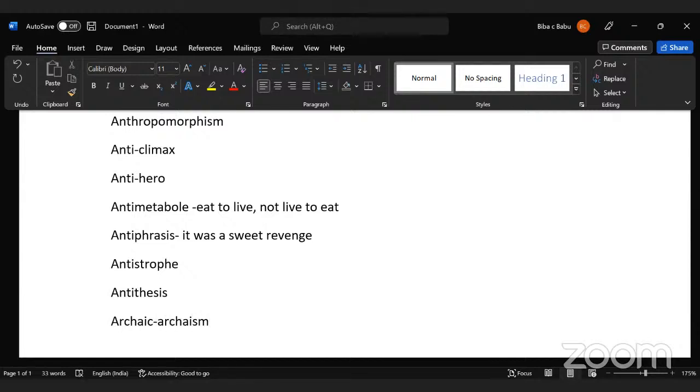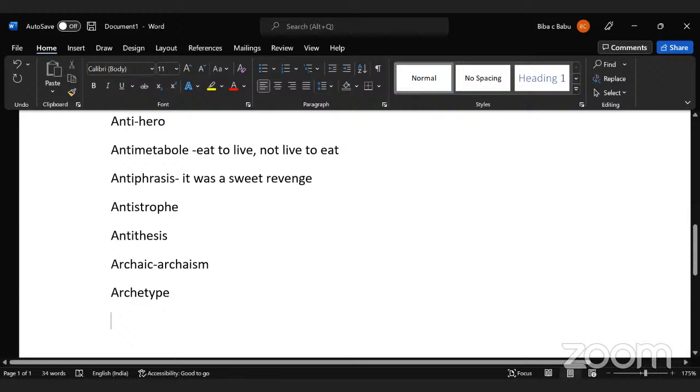Archaic or archaism is a use of words. It's a very old-fashioned, outdated use of words that we no longer use. Archaism or archaic words are the old-fashioned use. It's very outdated. Then we have